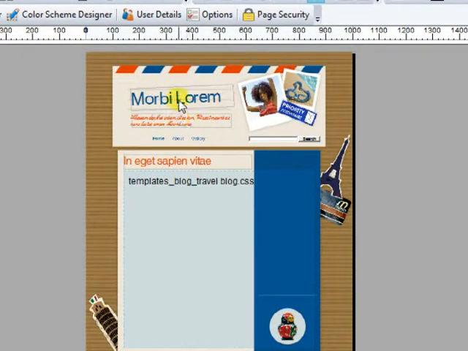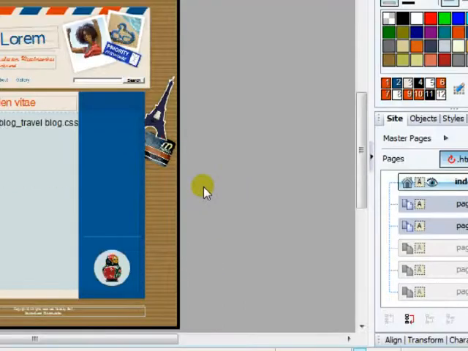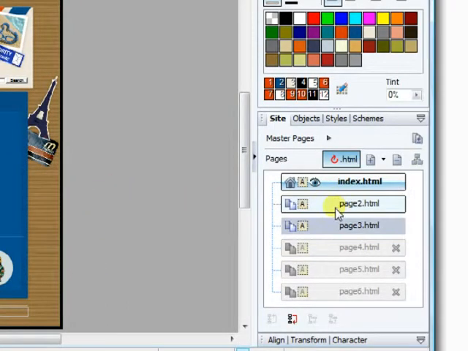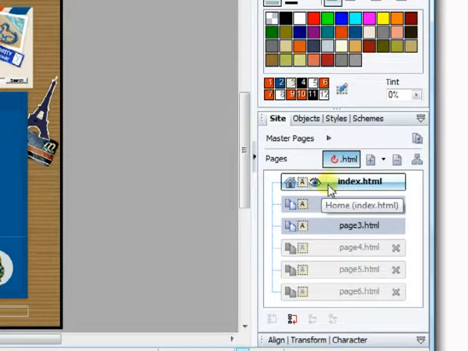We're going to fool around with the travel site like we were going to use it for Alien, but primarily I just want to show you how to work with the pasteboard and also let you see kind of what you'll be working with. Over here is our site map of our different pages, and we have